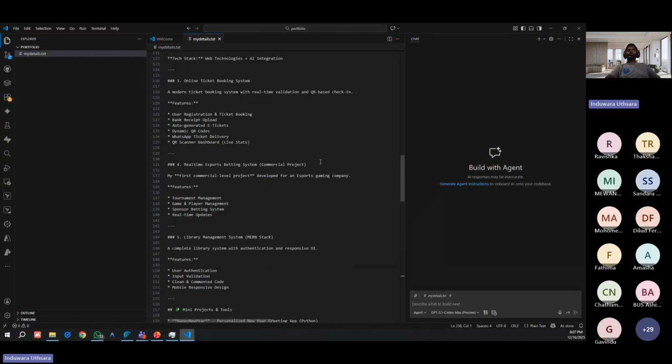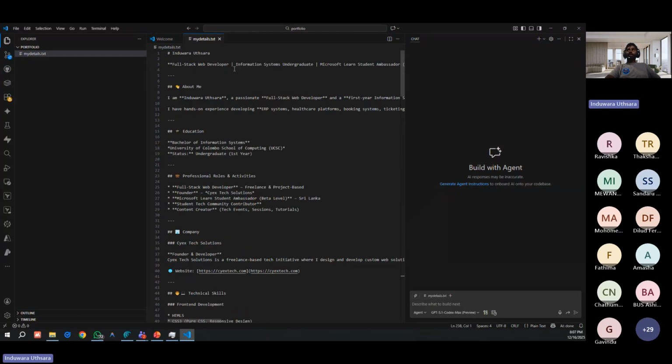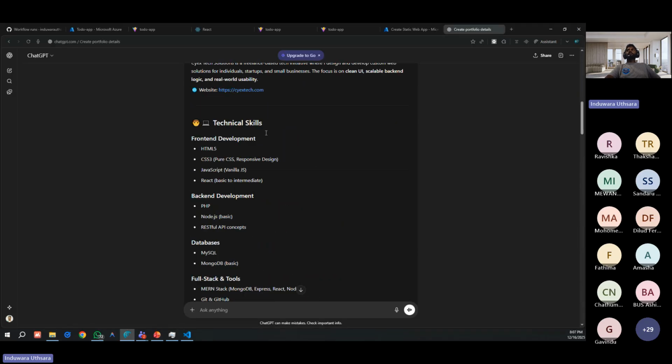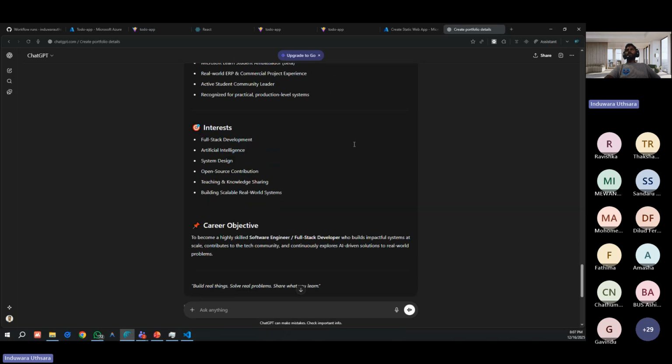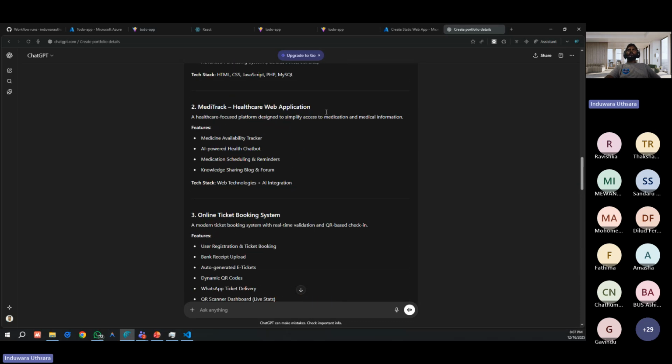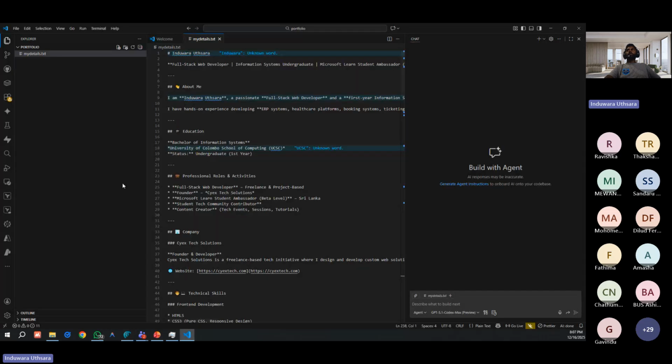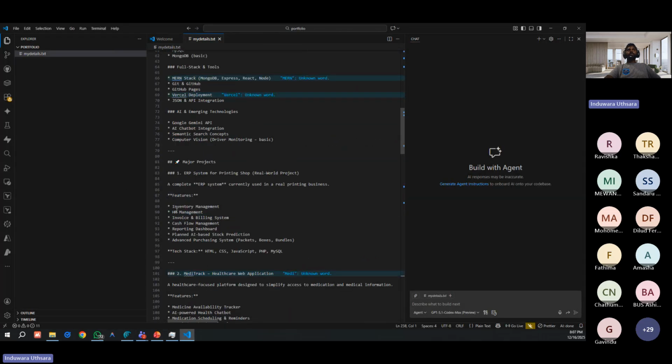You can create this file manually. This file means your details file. You can create it manually by entering your details, your academics, your skills, your projects. You can add them to a notepad txt file,